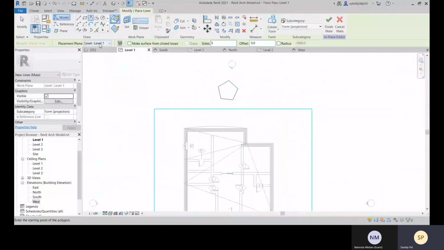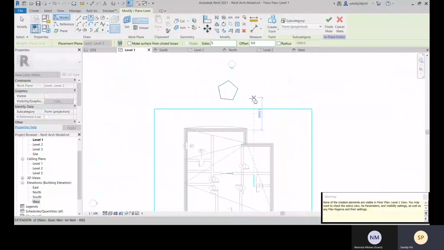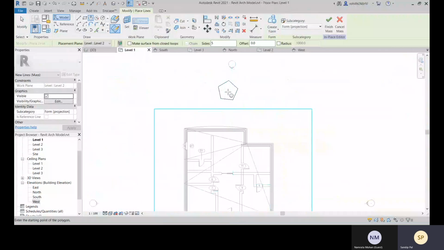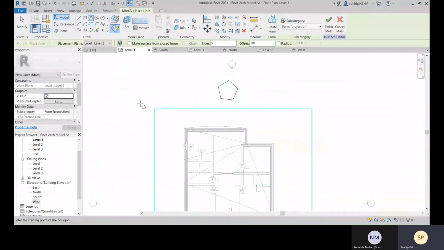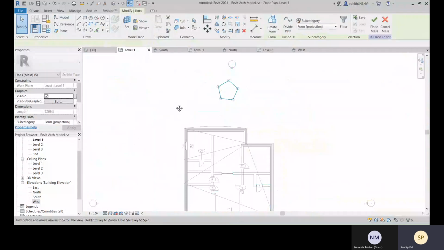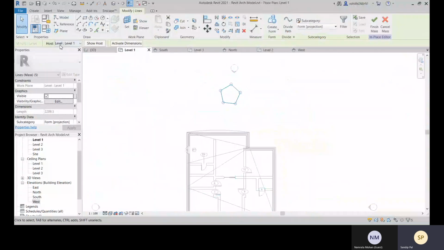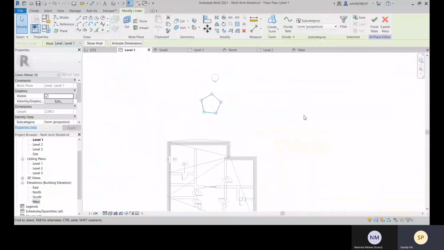Okay, and you can create another one at level 2. So this is the level 1.